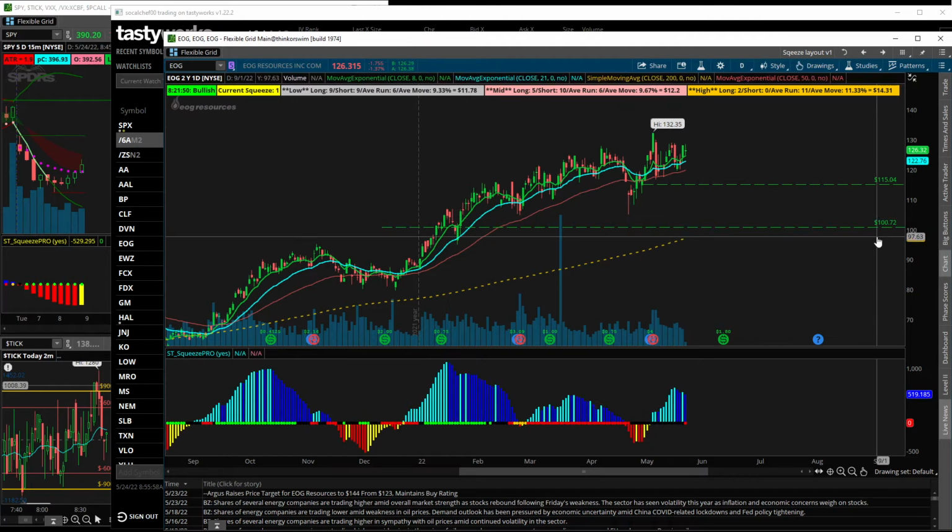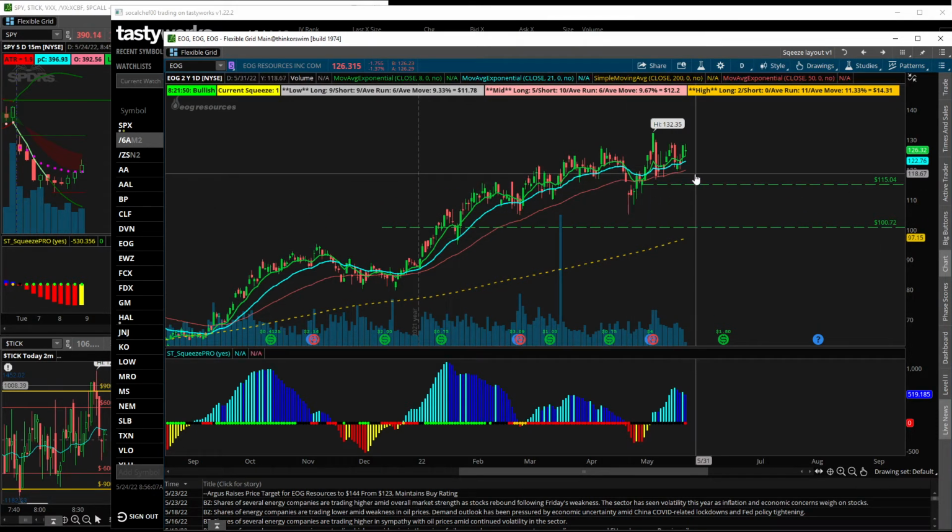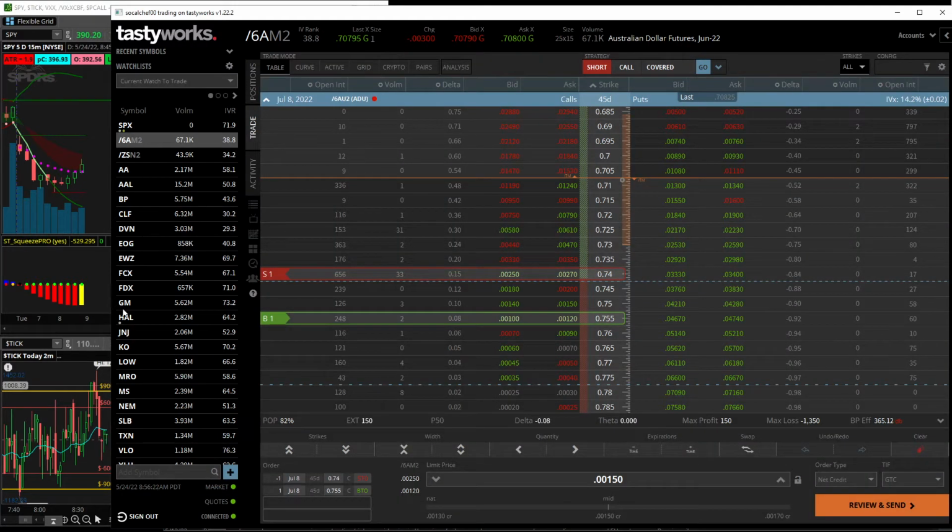Okay, so I would be looking at a naked 100 put below support, almost at that 200 day, or the 115 put spread below the 50 day, which is still going to be a reasonable distance away. This is one you could also do a covered call on if you have a higher account and collect the dividends that are going to be coming up soon if you want to hold it that long. So on EOG,